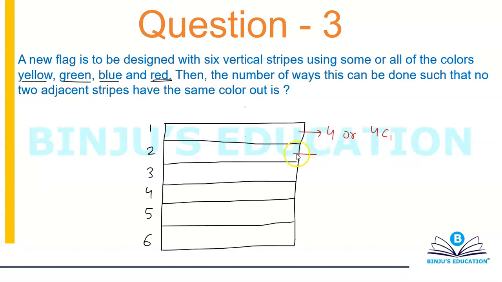So that means we'll be having 3 options or 3C1 options. Okay, so let's suppose I have used red in the first one, and in the second one I have used blue. Now when you come to the third stripe, you can use red again. Understand this, you can use red again. A color you cannot use for two consecutive stripes or two adjacent stripes, but for alternate ones you can use that, because that's not mentioned in the question. So the point is, you started with red, let's suppose, then you used blue. Now again in the third one you can use red, so again you will be having three options.